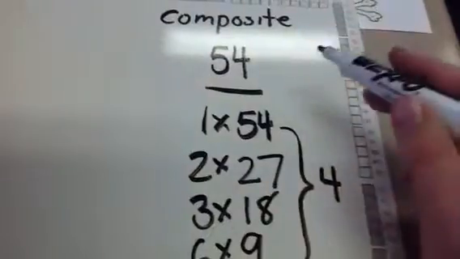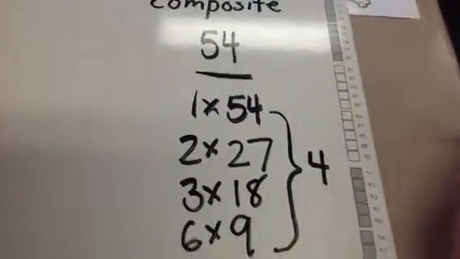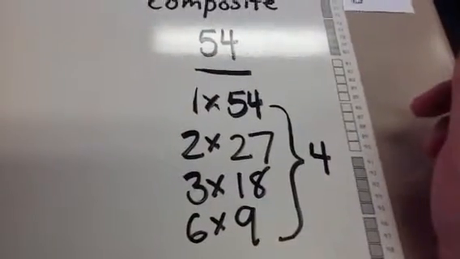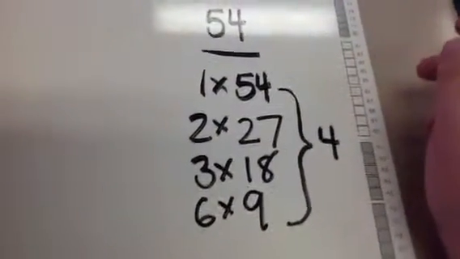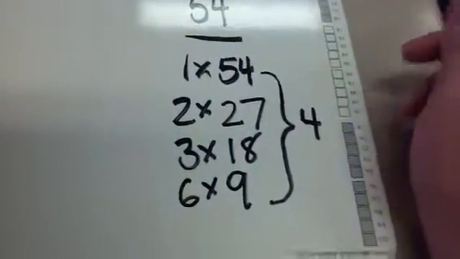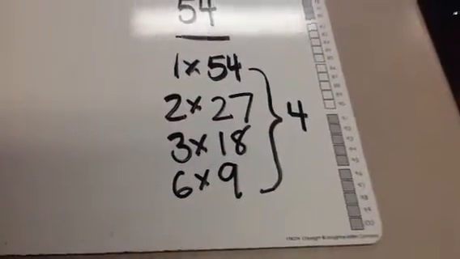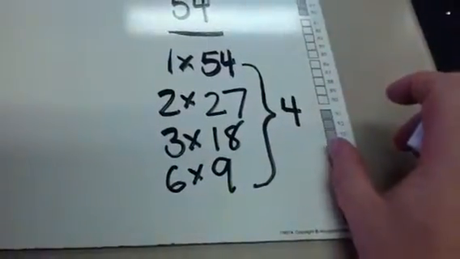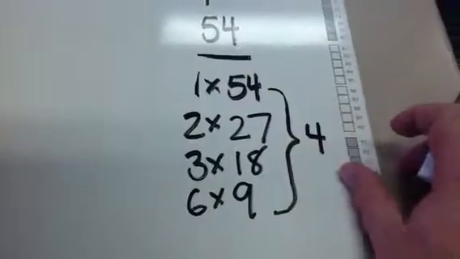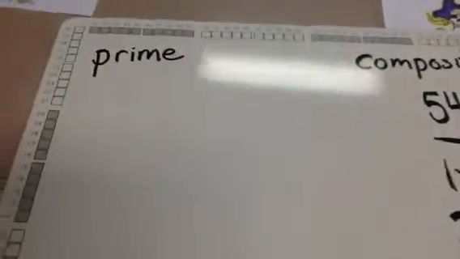So most of the numbers that you deal with are actually composite. The general rule is that every even number is composite except for 2, and there are odd numbers certainly that are prime, which we're going to go over here in a minute, but the majority of numbers are going to be composite. So a prime number is